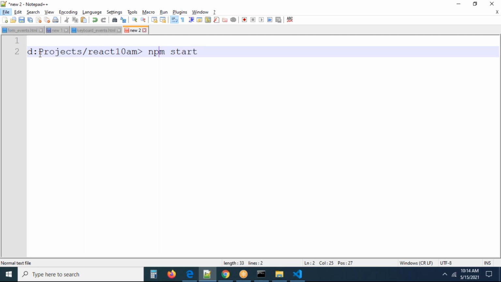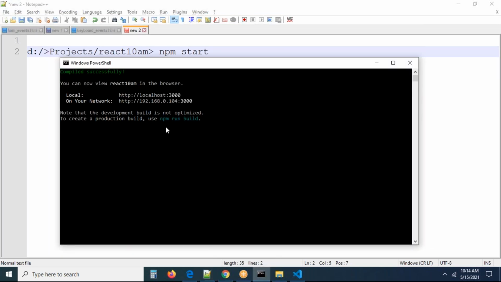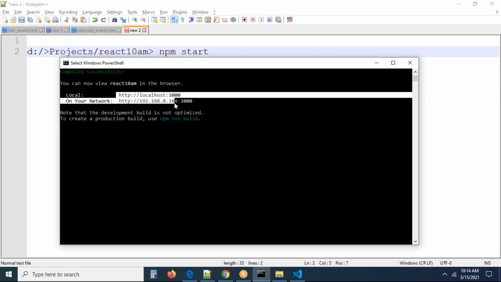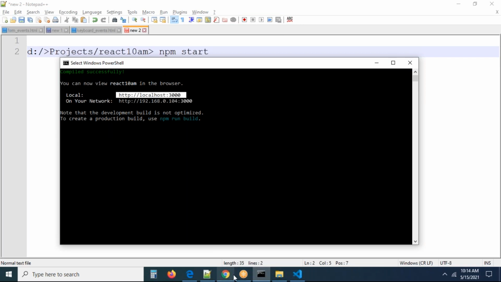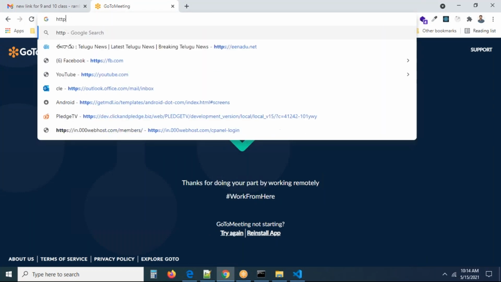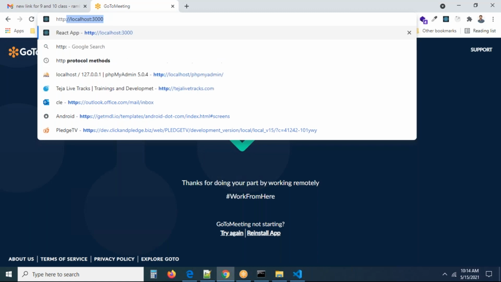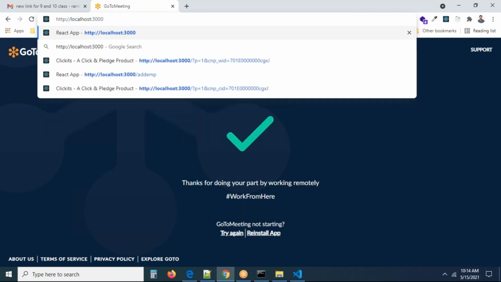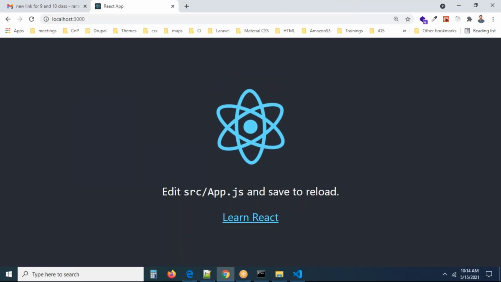Okay, in the projects folder, we have the following thing. So we started the server by running npm start. After that, it will take some time. You will get a message like this. Now open the browser with localhost colon 3000. Now I'm going to open the browser window and run the project at http://localhost:3000. That is the default port number, and you can see the output will be like this, guys.